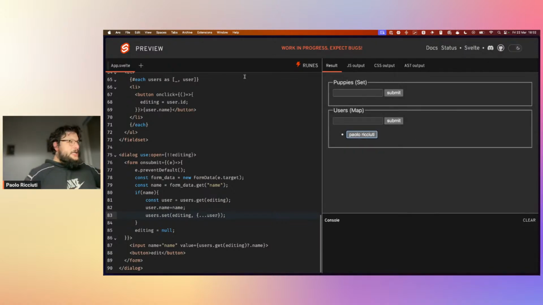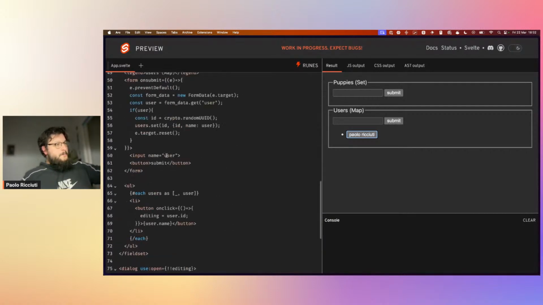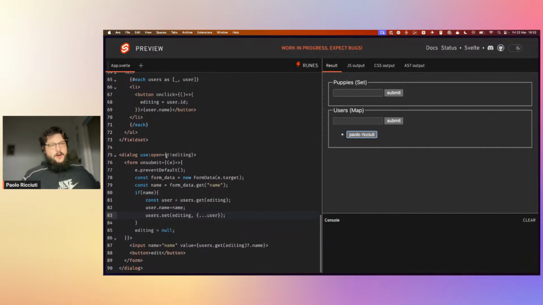Okay. I think this was an interesting exploration about the set and map. I actually want to ask the maintainers if those are the intended behavior, because maybe work could be done to make the set and the dialogue more dynamic. So I think it was a very interesting exploration, and I hope you liked it too. Let's see if there is a new